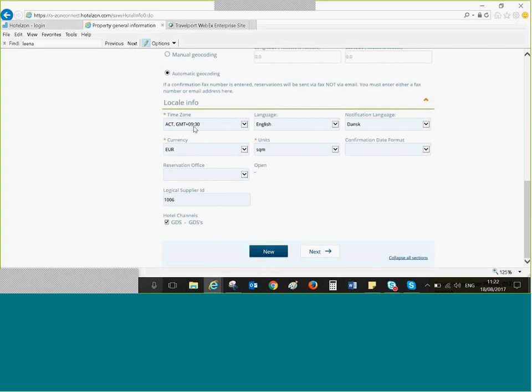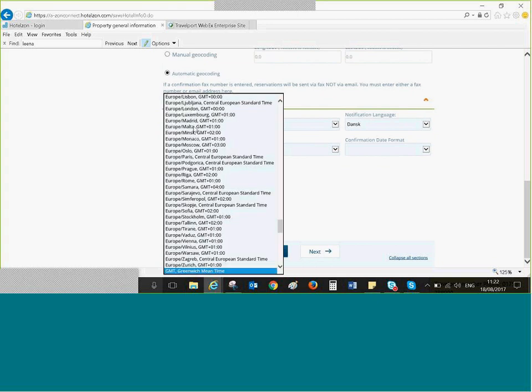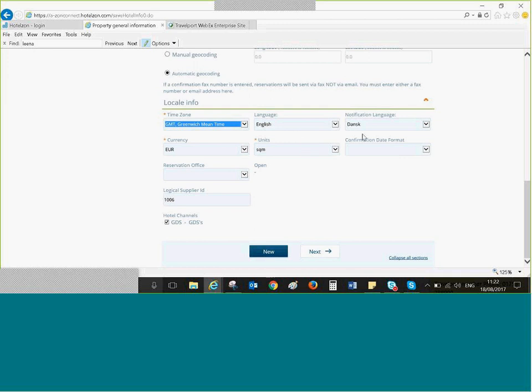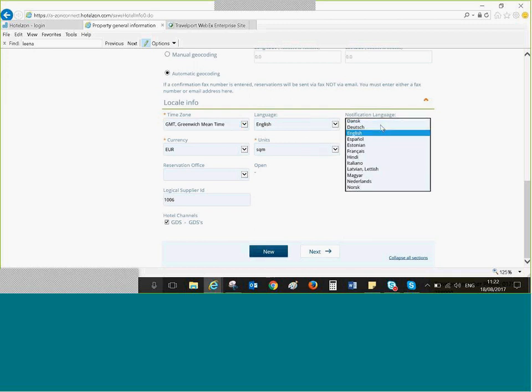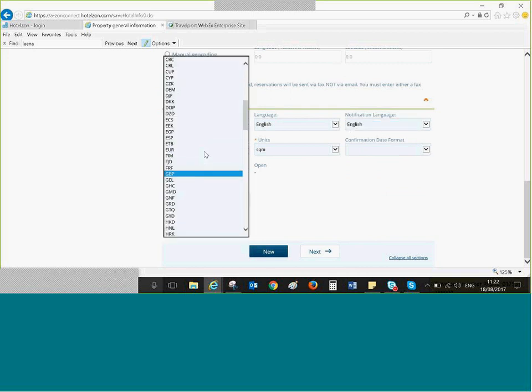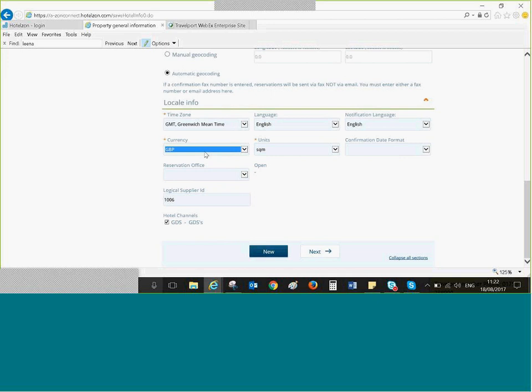More local info. Obviously, just select the corresponding time zone. I'm going to say GMT. English, notification English. Currency, shift GBP. I would like to highlight,